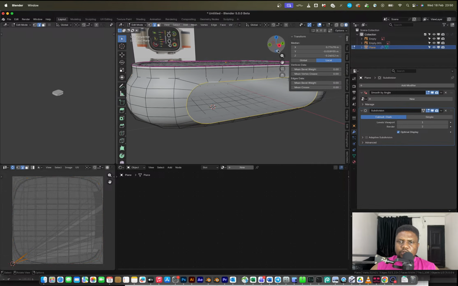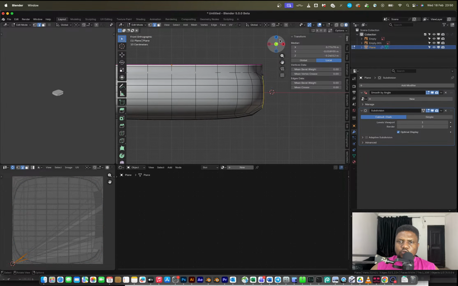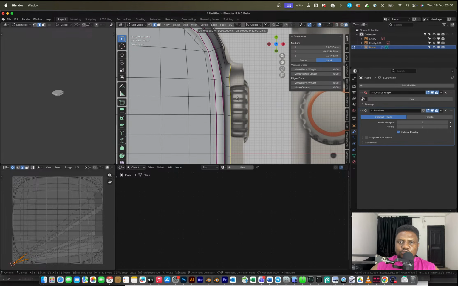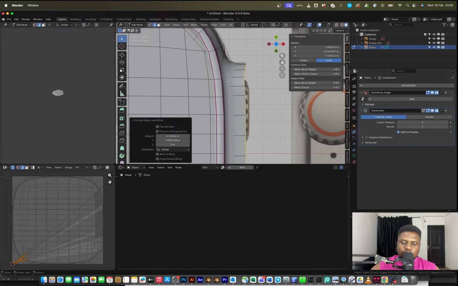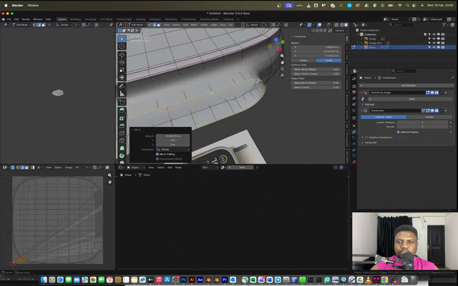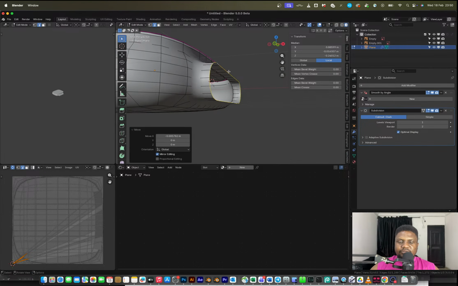All right. So I'm going to select this loop. I'm going to go to this side view right here, and I'm going to extrude this all the way out. So on getting to this point, I would S X 0 to just flatten that out, and G X out just like so. So we have this